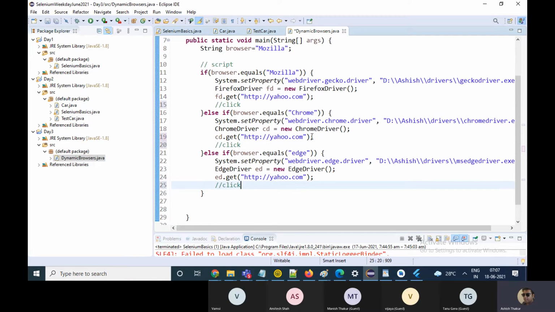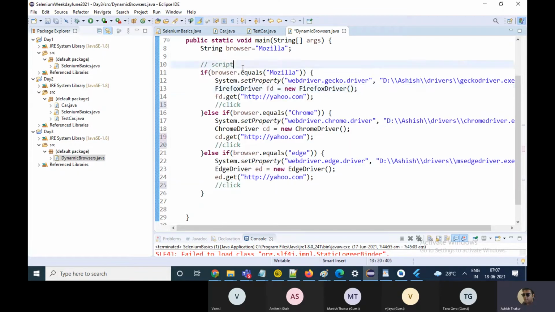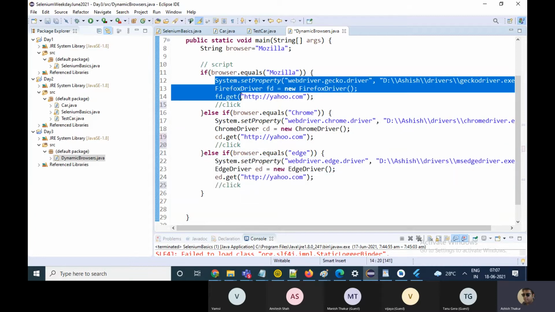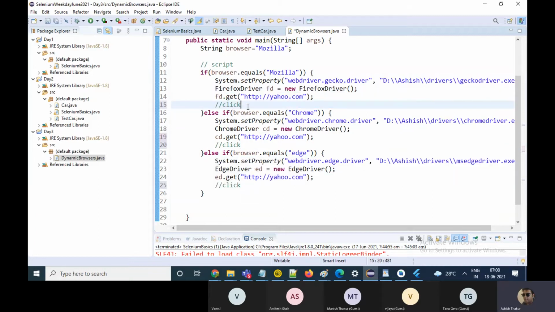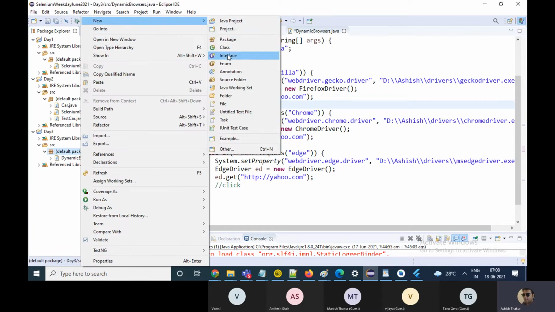Okay, right. So how do you write a dynamic script? Because eventually, if you are putting if else as well, you are writing separate piece of code for every browser. To write that, you need to understand the concept of interface in Java.